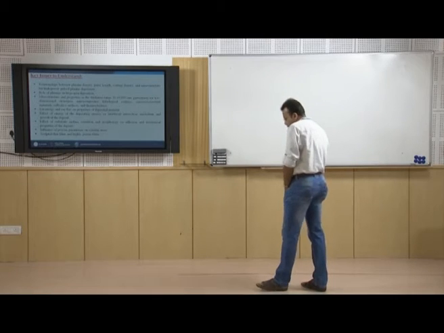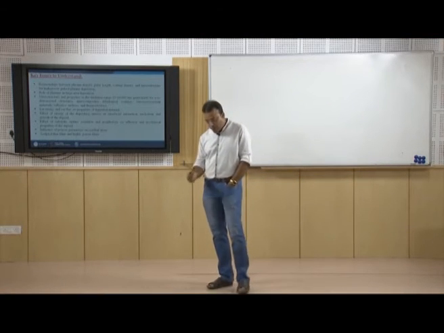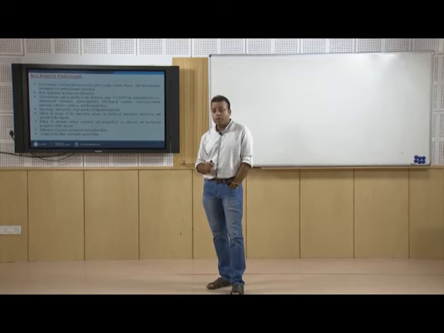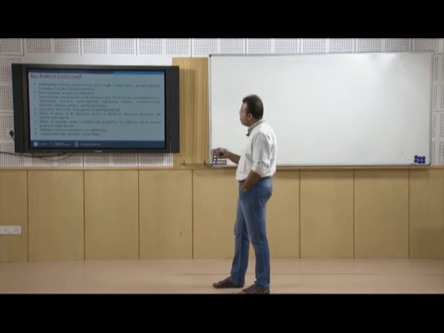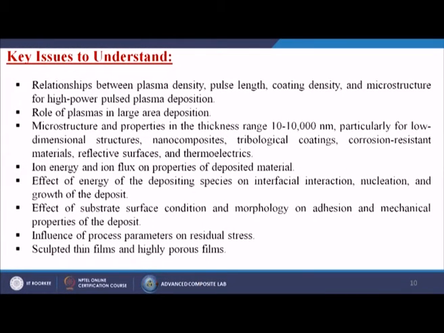Key issues. So, there are certain issues also. Before going to do the depositions, we have to know all these pros and cons about the deposition techniques. So, what are those? Relationships between plasma density, pulse length, coating density and microstructure for high power pulsed plasma depositions, role of plasmas in large area depositions, microstructure properties in the thickness range of 10 to 10,000 nanometers, particularly for low dimensional structures, nanocomposites, tribological coatings, corrosion resistant materials, reflective surfaces and thermoelectrics, and the effect of ion energy and ion flux on